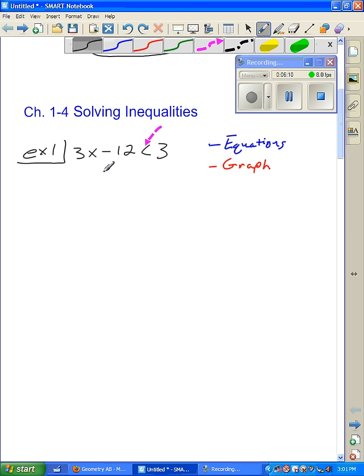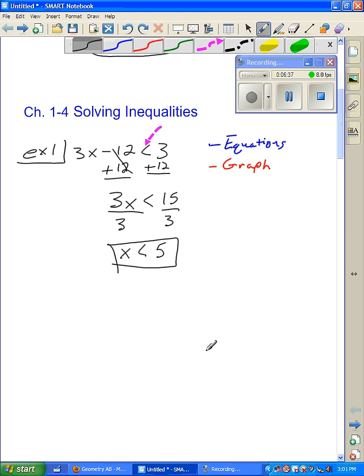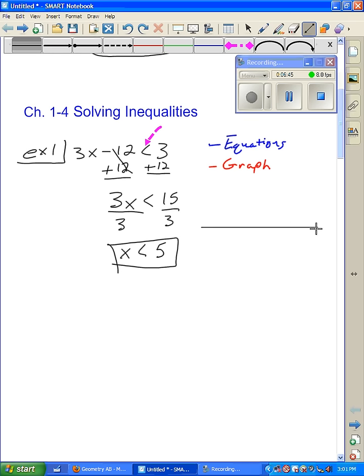Here we go. This thing solves just like a two-step equation where we would just simply add 12 to both sides. And add 12 to both sides. All right, cancels. 3x less than, not equals, less than 15 divided by 3 now. See how it actually solves just like an equation. X is less than 5. Now there's your solution, but we can't just have a solution with an inequality. The solution set is much bigger with an inequality. It's a little different. So we actually have to come in here